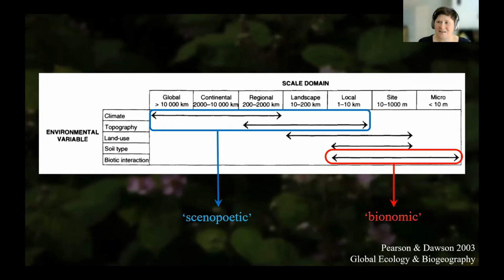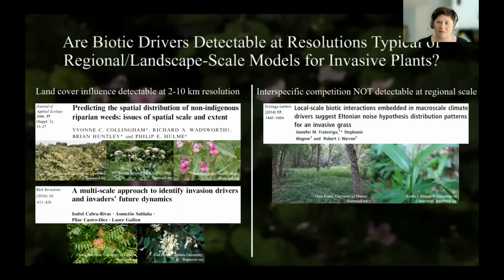And this idea has been cited, like I said, a lot, often in defense of building species distribution models that solely use these scenopoetic type variables, things like climate and topography, to try and predict where the environment is suitable for a species to occur. And often there's good evidence that that's an okay practice, but there's a growing body of evidence showing that actually the signature of biotic interactions on species distributions is really detectable at a much larger scale than we